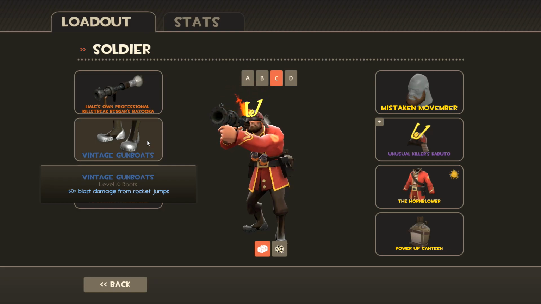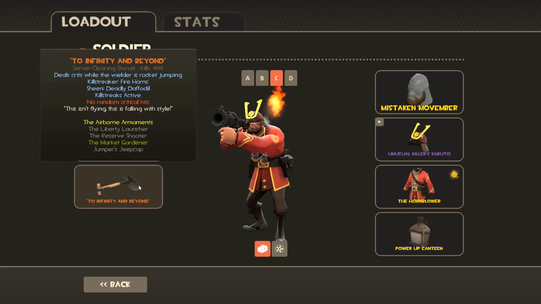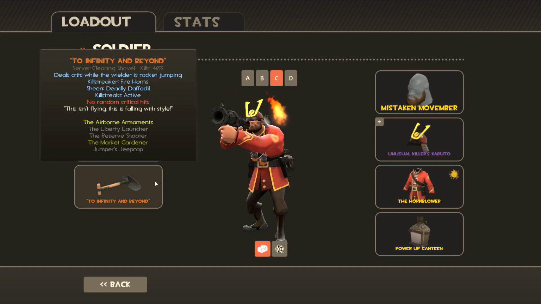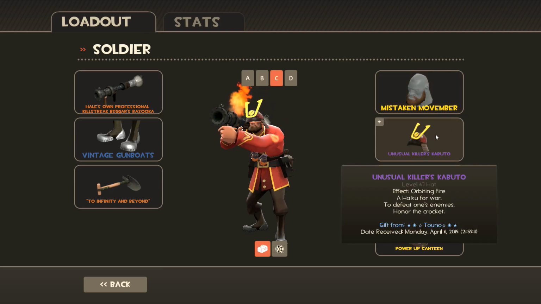And then the Gunboats, of course, to rocket jump with it, and then the Market Gardener, because you can get some really interesting kills rocket jumping with this. So, of course, Market Gardener, all the time. And then the Manly Beard, and then this Killer's Kabuto with Orbiting Fire, which is actually given by my good friend Tono. I think that's how you...